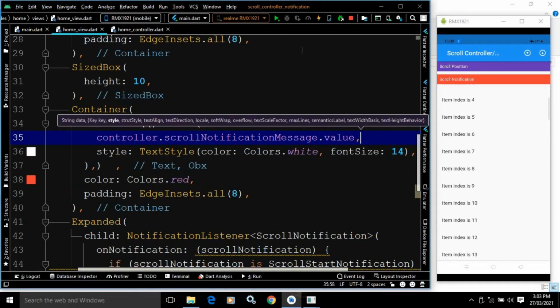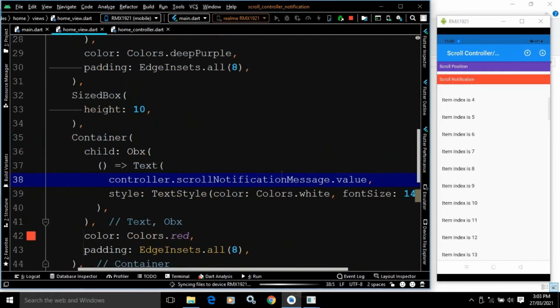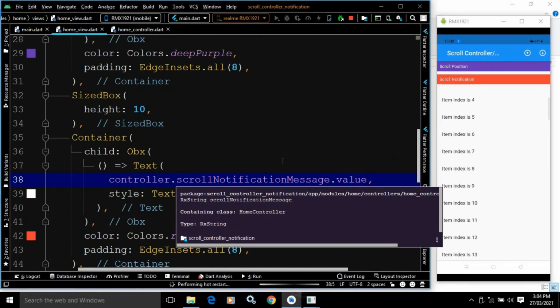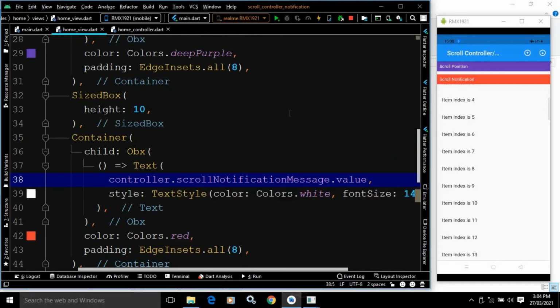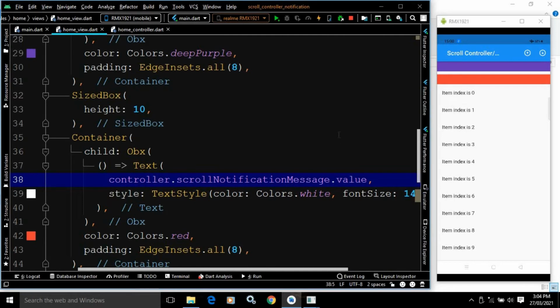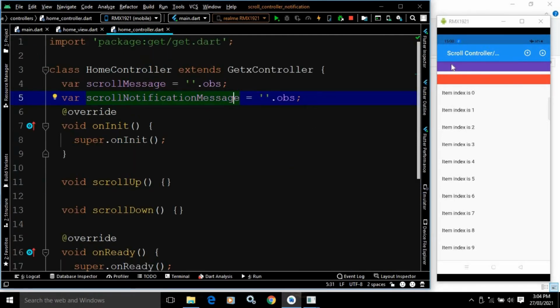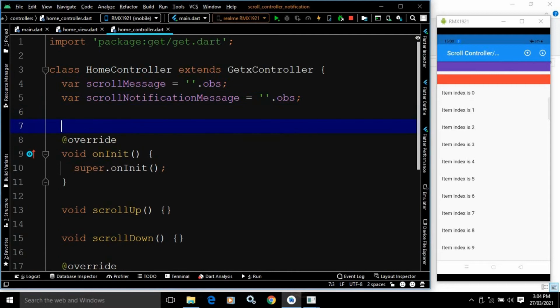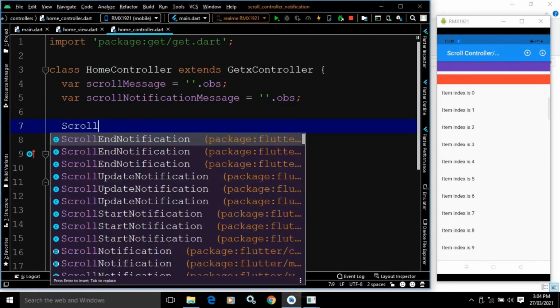Okay, now let me do a hard refresh. Okay, now since initially the value of both the variables are blank, that's why here you can see in the output this text disappeared.